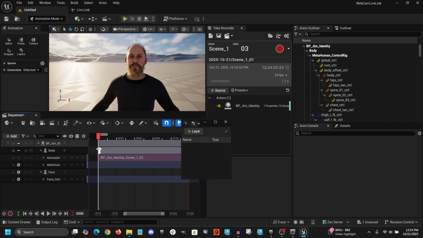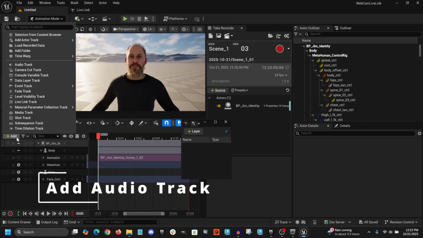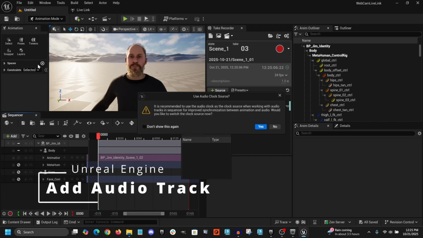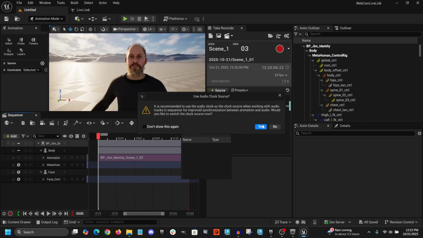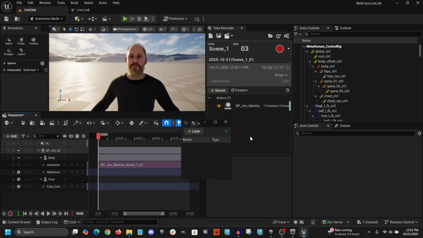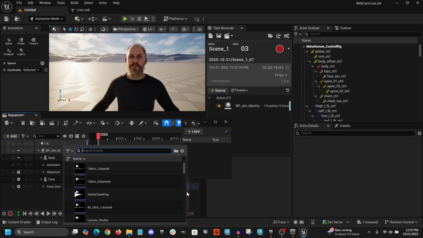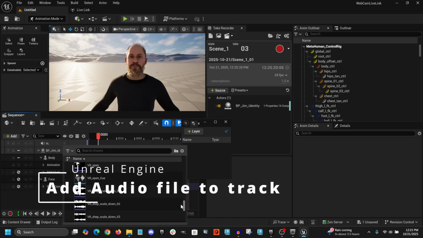All right, the next thing we want to do is we want to add the audio. So again, let me just do File and Save All. Unreal does love to crash when you're ready to it. So under Add here in the sequencer, I'm going to choose Add an Audio Track. Gives me a warning about using a clock source. I'll just say yes. And under the audio area, I'll click the plus sign, and we'll just find the audio file for our scene, which is